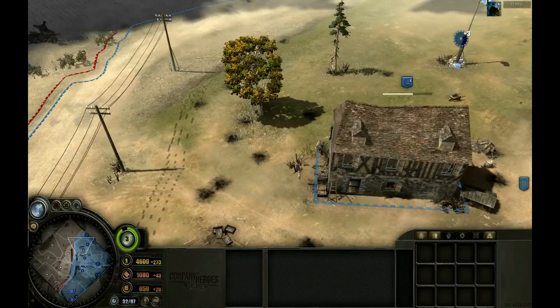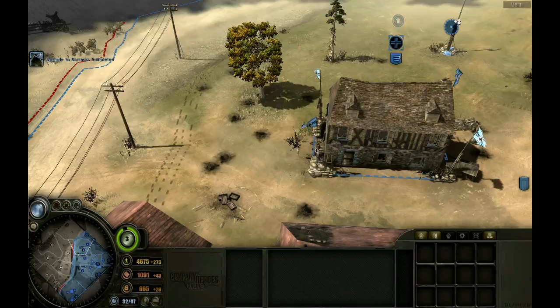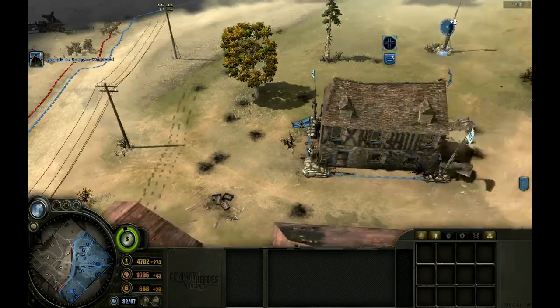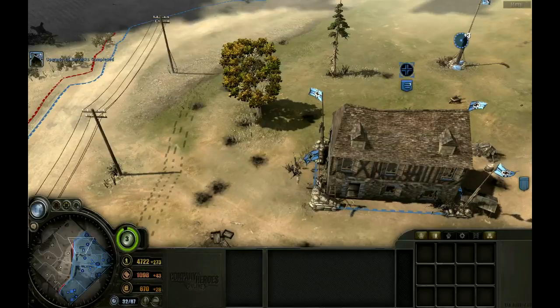I would suggest that you never put a forward headquarters into a wooden building, because not only do wooden buildings not provide as much protection, they also have a lower number of hit points, and as a consequence they're fairly easy to take down with stuff like AT. And here's your top tip of the day. If you select your AT...